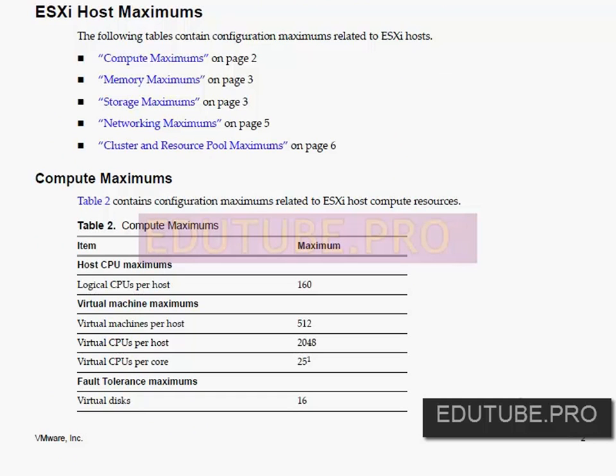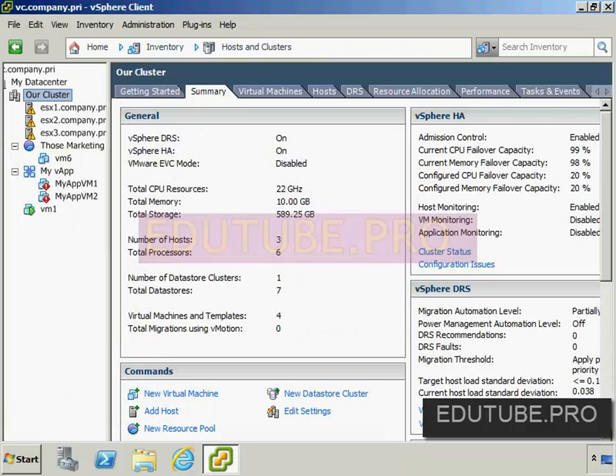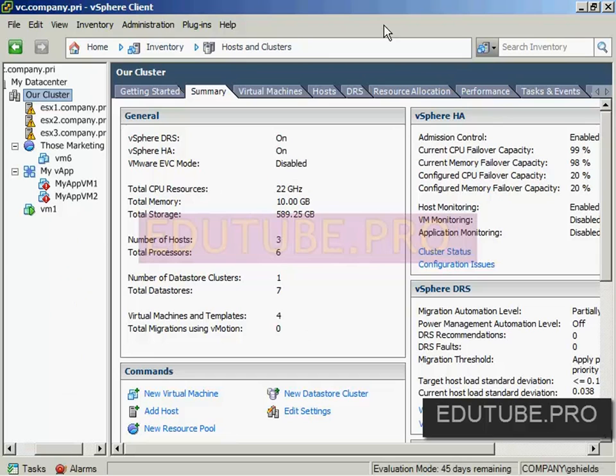Now, all these maximums are interesting, but really what you're probably more interested in is how you actually apply this whole virtual machine clones and templates concept to what you'll see inside of the vSphere client. So here we go. This is that same vSphere environment that we've been working with thus far. 3 hosts at this point, 4